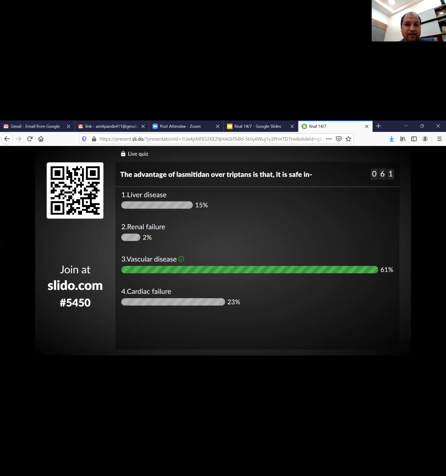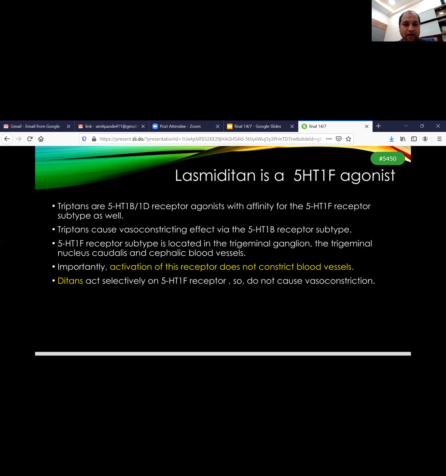So lasmiditan is a 5-HT1F agonist. Triptans are 5-HT1B and 1D receptor agonists with affinity for the 5-HT1F receptor subtype as well. Triptans cause a vasoconstricting effect via the 5-HT1B receptor subtype. The 5-HT1F receptor subtype is located in the trigeminal ganglion, the trigeminal nucleus caudalis, and cephalic blood vessels. So activation of this receptor does not constrict blood vessels. So the 5-HT1F receptor agonist, that is lasmiditan, is useful, and ditans act selectively on 5-HT1F receptors, so they do not cause